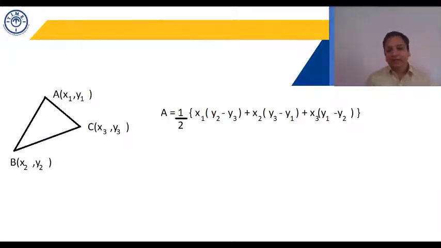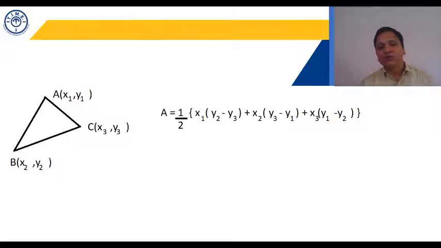Now I need to find the area of this triangle. How do we find the area of this triangle? We had a very simple expression. It's A, area is equal to half, then bracket. We had a variable multiplied by another bracket. X remains outside and inside its y coordinate. And we follow a cyclic order 1, 2, 3.